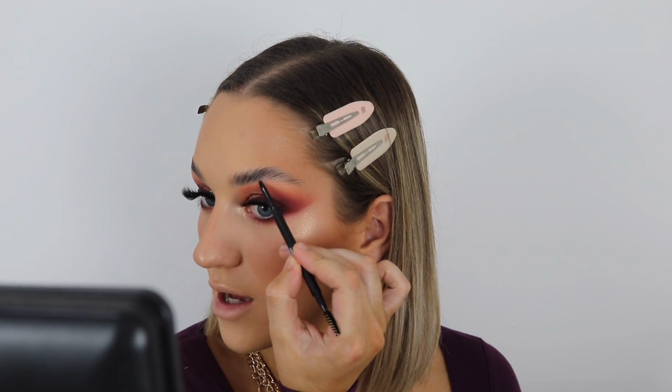This is the Bperfect Indestructible. I can't say it. It's an eyebrow pencil. I'm sorry, I can't. Hannah's not here at the moment. So this is in the colour Charcoal, which I'm actually glad they've sent me a darker colour just because...